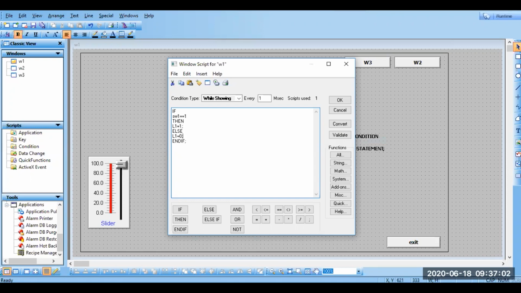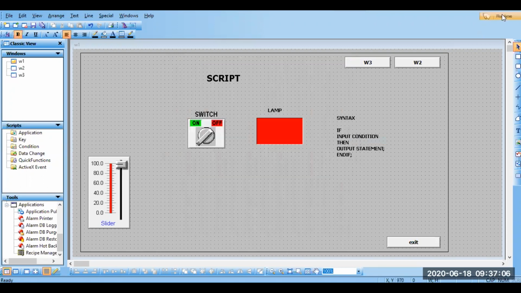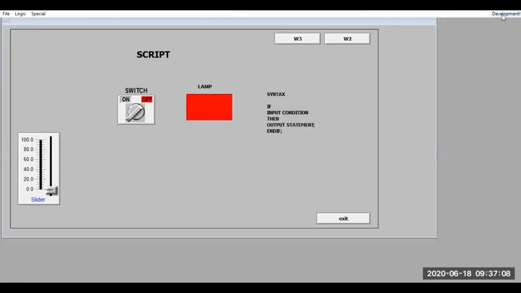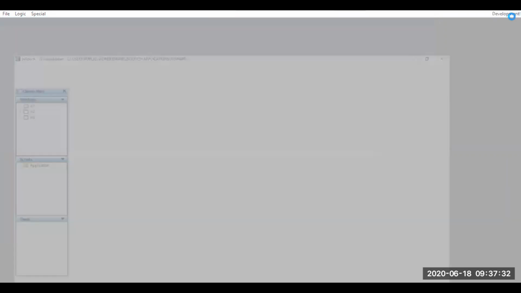I have just added the else. Validate. There is no error. Go for run. So turn on, turn off. Okay. So what is that else condition? Else means if switch 1 is not equal to 1, do this. That's what the else part is. For the else part, whatever we have done, it turns off L1. That's it. Right. So now you have full control to turn on and to turn off. Right. So this is Windows script.